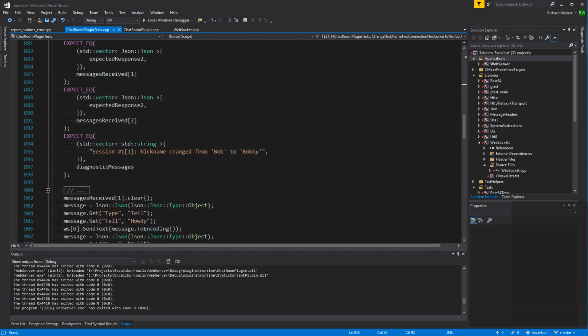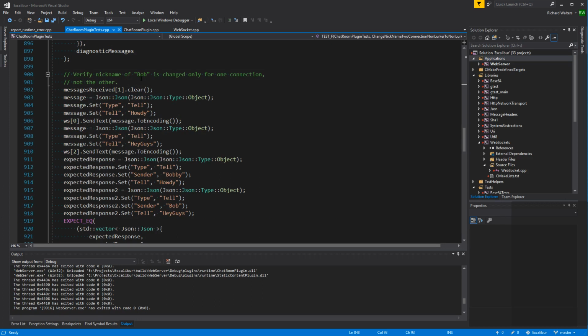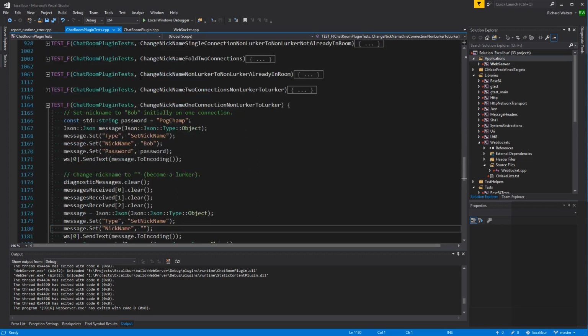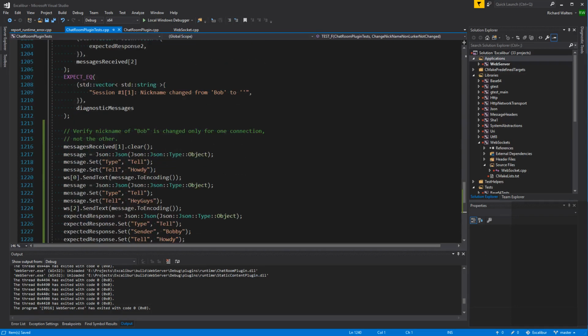Maybe one of these. Yeah, okay. This little extra bit of testing. Verify. Actually, lurkers aren't really allowed to chat anyway, right? So it's not the chat. It's really the leave. The leave should not say that Bob left.